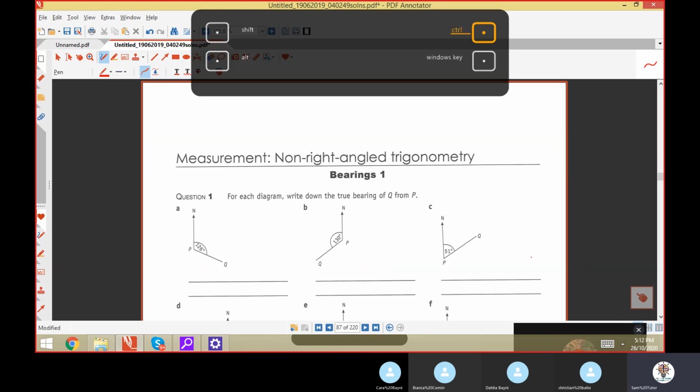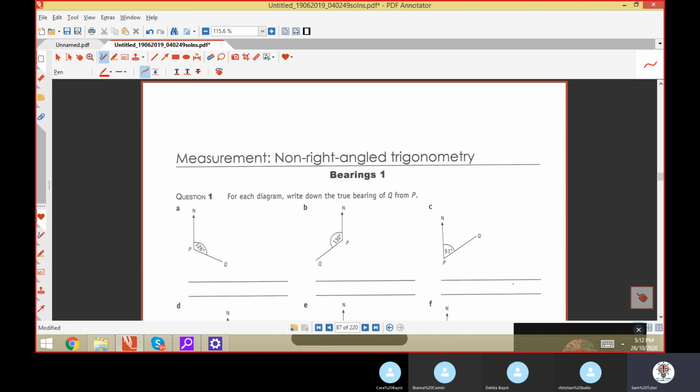The issue here is not as straightforward because it depends on what the question is asking for. See how the question says, for the diagram, write down the true bearing of Q from P. The issue here is the language. We always say from. So say, for example, let's just say this is town A, and this is town B. Now, the bearing from